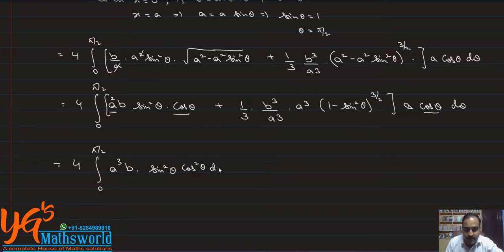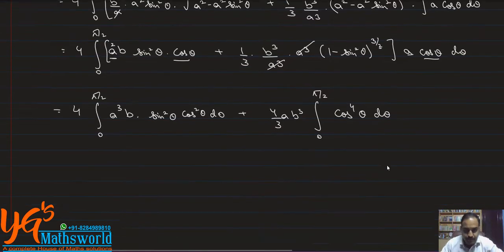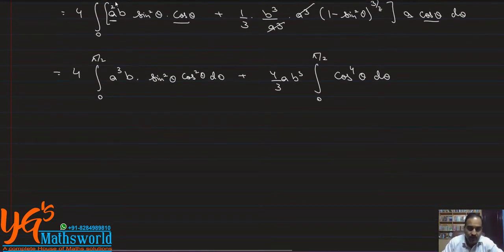cos square theta d theta plus, now this 4 by 3, a cube and a cube cancel out, we have only this a into b cube 0 to pi by 2, 1 minus sine square, that is cos square, root will be cos and cube of this one will be cos cube, and then 1 into a cos raised to 4 theta d theta. Again I am utilizing the formula which we have done yesterday also, 0 to pi by 2